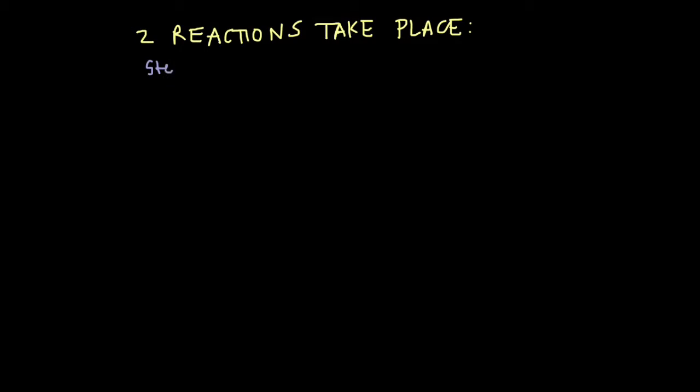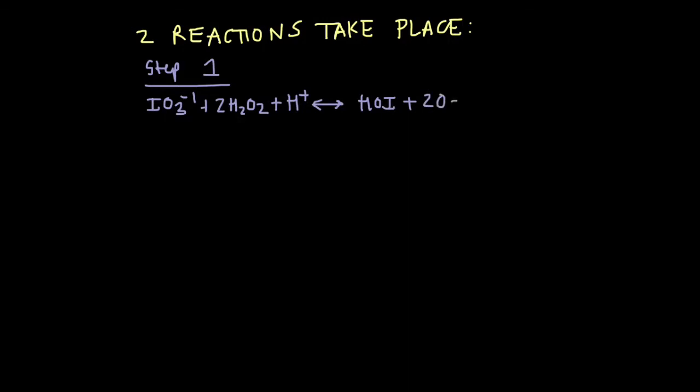Now that we know somewhat of an overview of the two processes that are taking place on either side of the reaction, let's put some chemical equations to those processes, because I know how much we all love our chemical equations. So step number 1, we have iodate, the IO3-1, reacting with H2O2, or hydrogen peroxide, and the excess acid from H2SO4. This yields hypoiodous acid, or HOI, excess oxygen, and excess water, which we don't care about when it